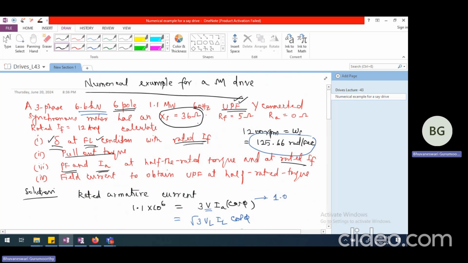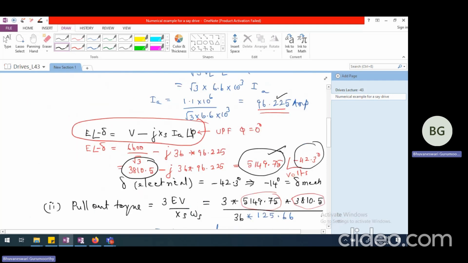According to the problem, it said that rated field current is 12 ampere. At 12 ampere, when you are having unity power factor and with rated field current, you are able to generate a torque of full load torque, which is almost 8,000 and odd Newton meter,